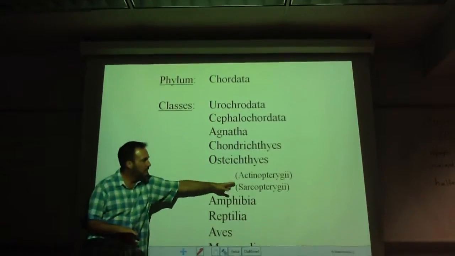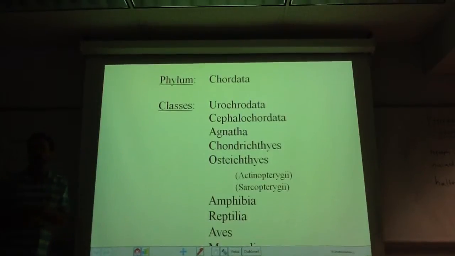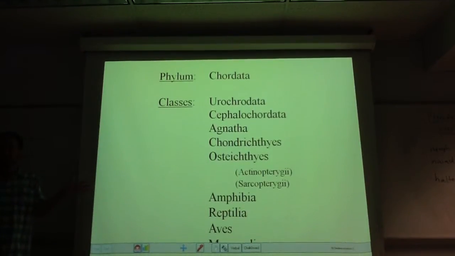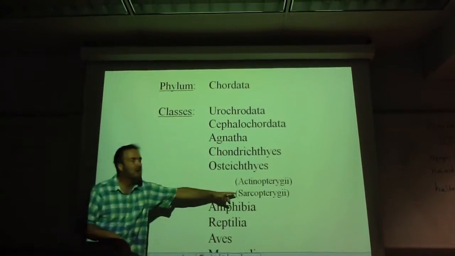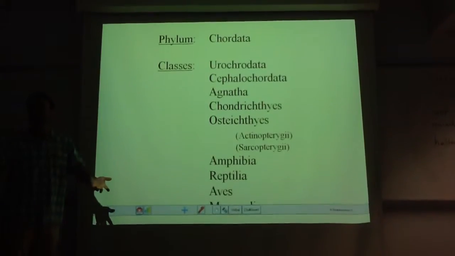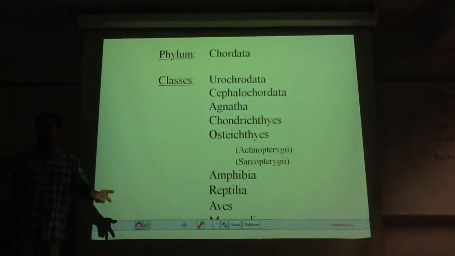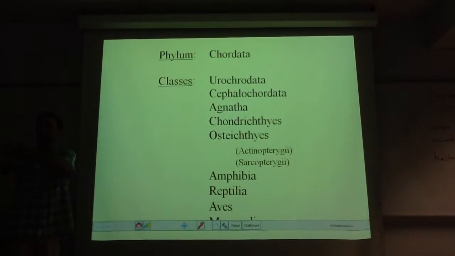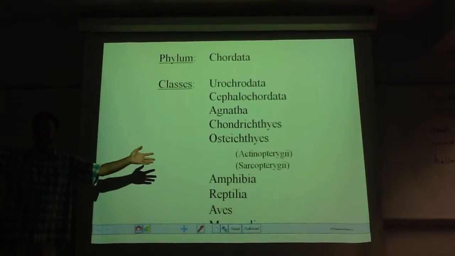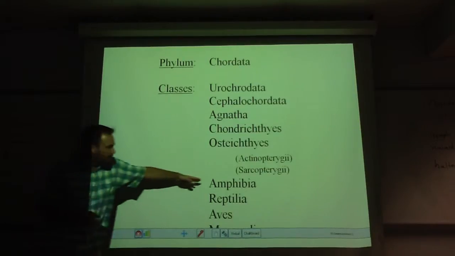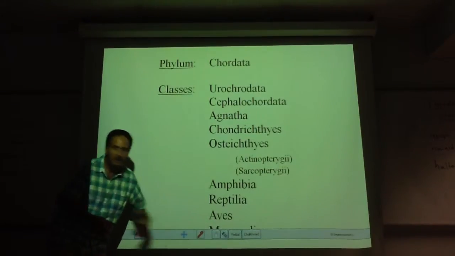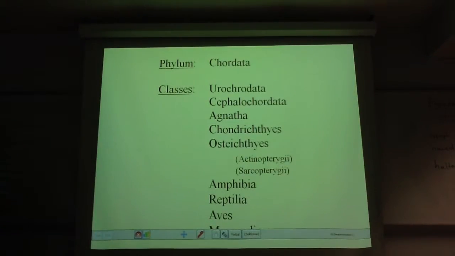And these were divided into 2 groups. The actinopterygians, which are the ray-finned bony fish, right? That have little bony rays that come out through their fins, but they don't have skeletal elements that extend beyond the body wall. And the sarcopterygians, which would include everything from a coelacanth, do you know what a coelacanth is? To lungfish that have little bony elements that actually extend into their fins, almost like little arms and legs, right? And then amphibians, reptiles, birds, and right down there is mammals.